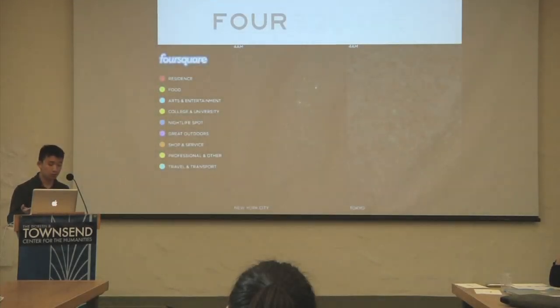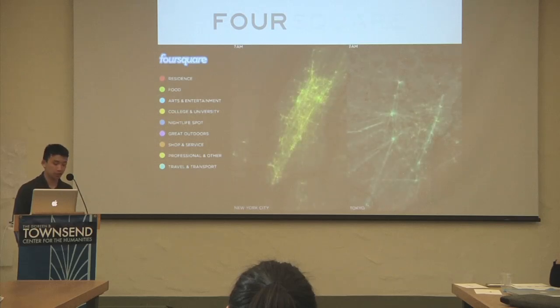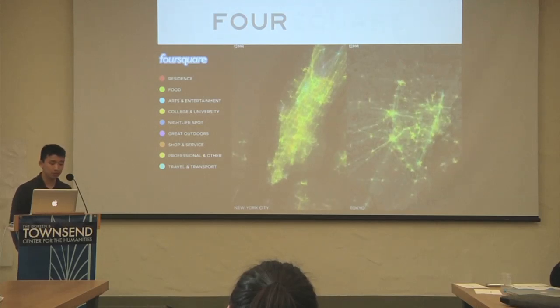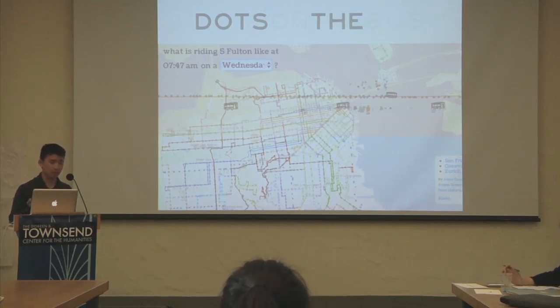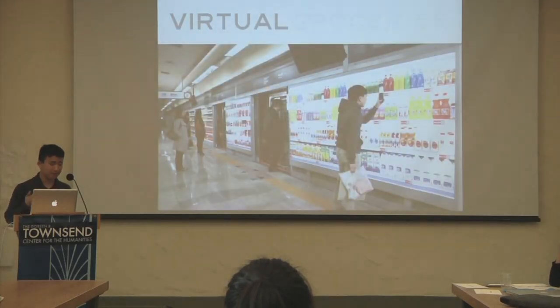For those of you who use Foursquare, Foursquare also compiled their data and created this visualization that shows how people move in New York City, how the ebb and flow works, what people do in New York City, and just the general movement around the city. This is another transportation-based data initiative that shows how it's like riding different bus lines. You can change it by city, and you can see how many buses come per bus line, how many people get on, get off. And then this is one of my favorites.